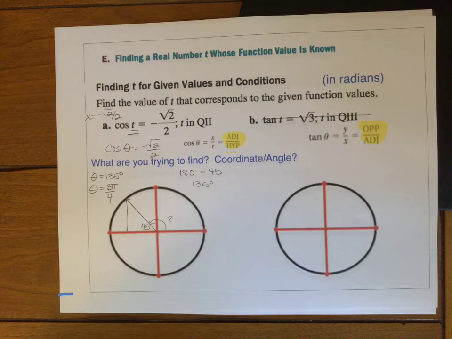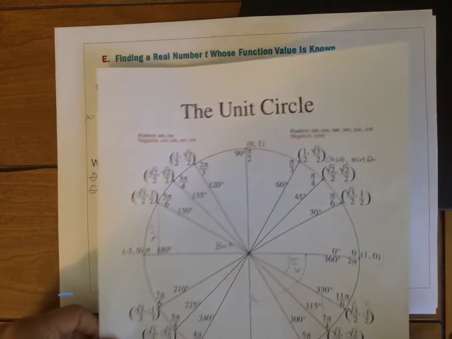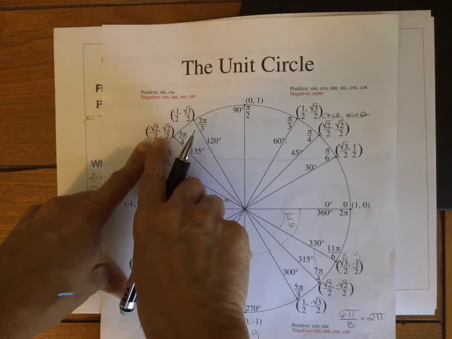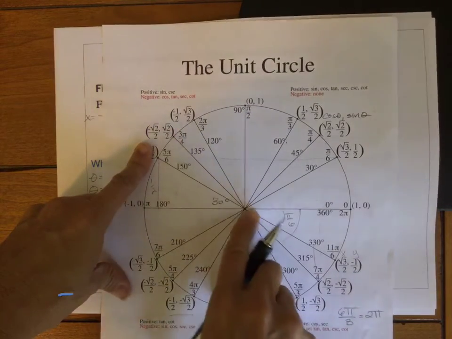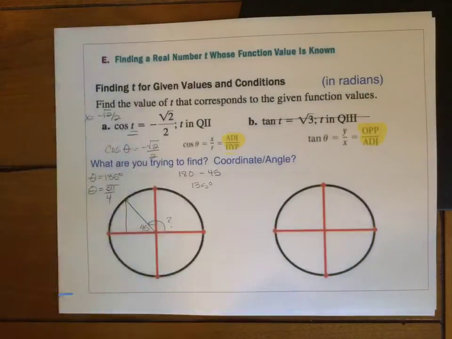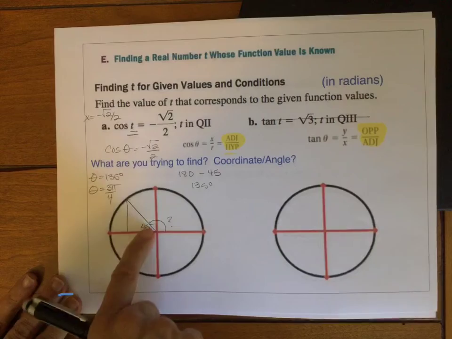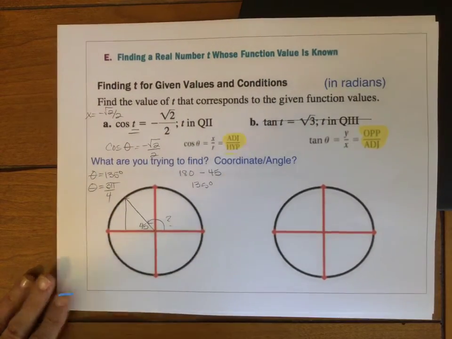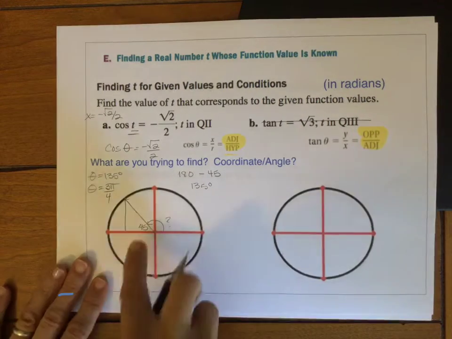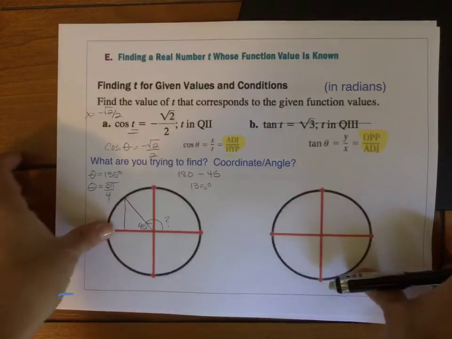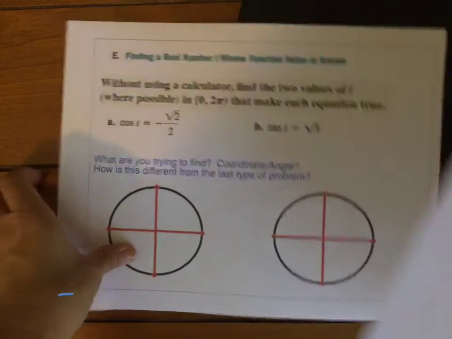All right. So one way of finding it is looking at your unit circle, saying, okay, cosine in quadrant 2 is negative root 2 over 2, it's at 135 degrees, or 3 pi over 4. Another is knowing that I must have a 45, 45, 90 triangle because of my value here. They're telling me it's in quadrant 2, so I can use this reference angle to find the missing angle. All right, let's try that